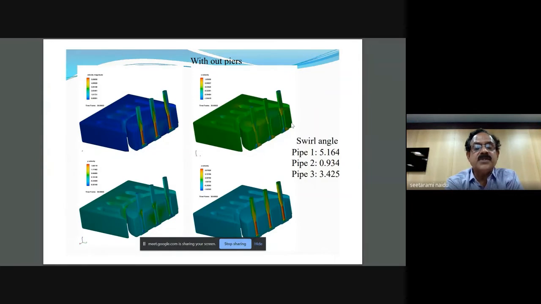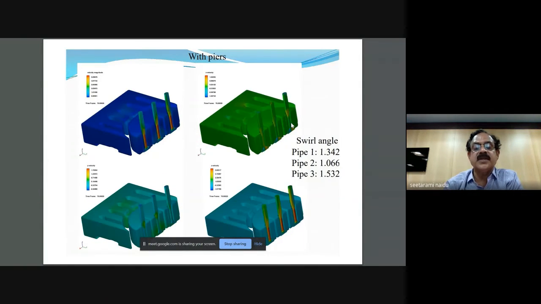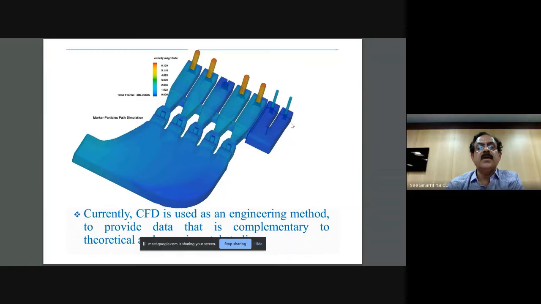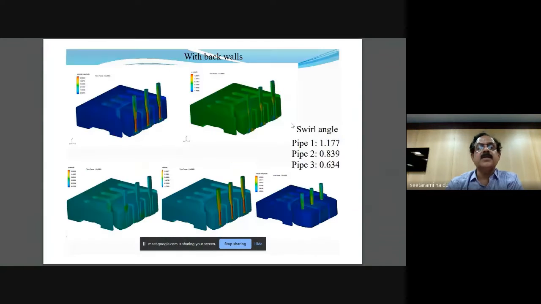See, this is the approach, the circular approach. Here, I think in the next slide, you can see the pump, two baffle walls are given, and in the next, you can see this one. The circular is cut into a straight. This is the actual geometry of the pump intake. Okay, that was the intake.